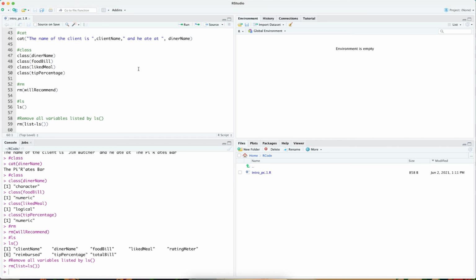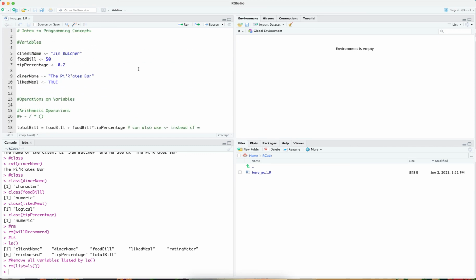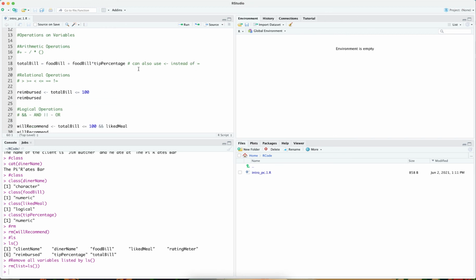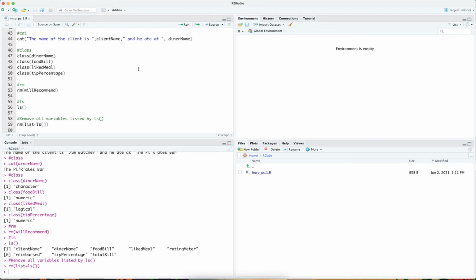This has been an introduction to a few programming concepts in R, specifically variables, the operations that can be performed on variables, and some functions that are accessible with